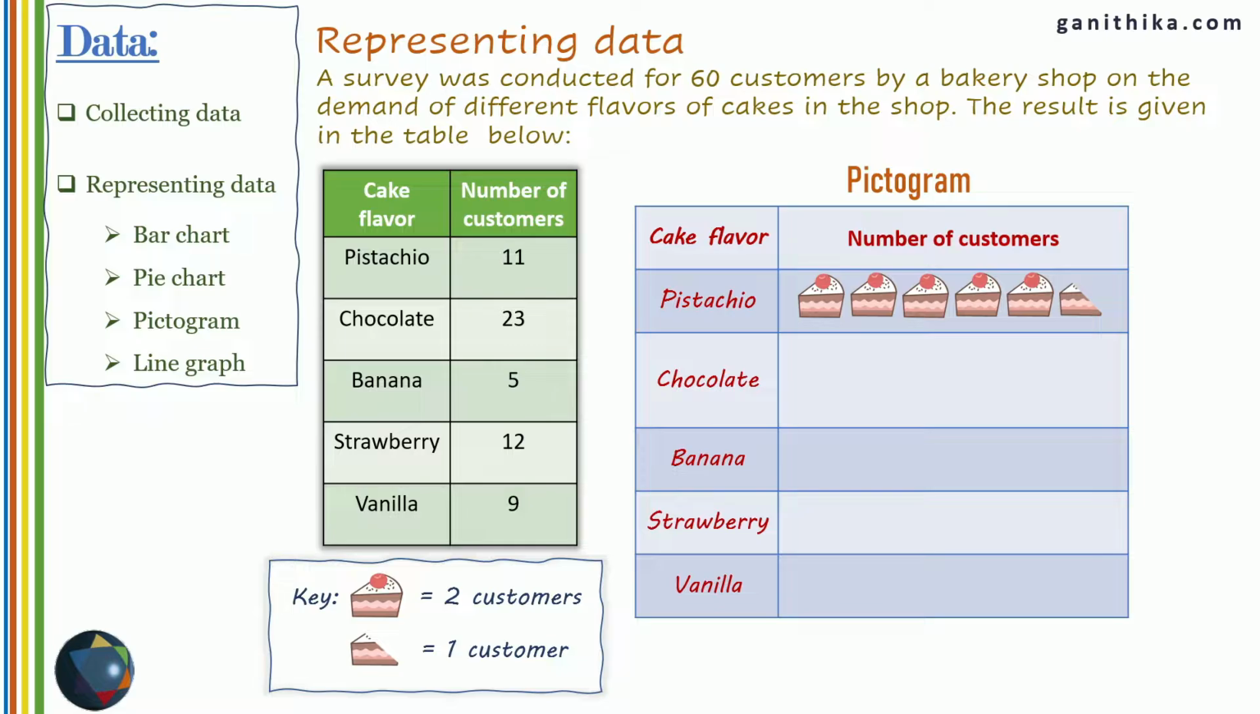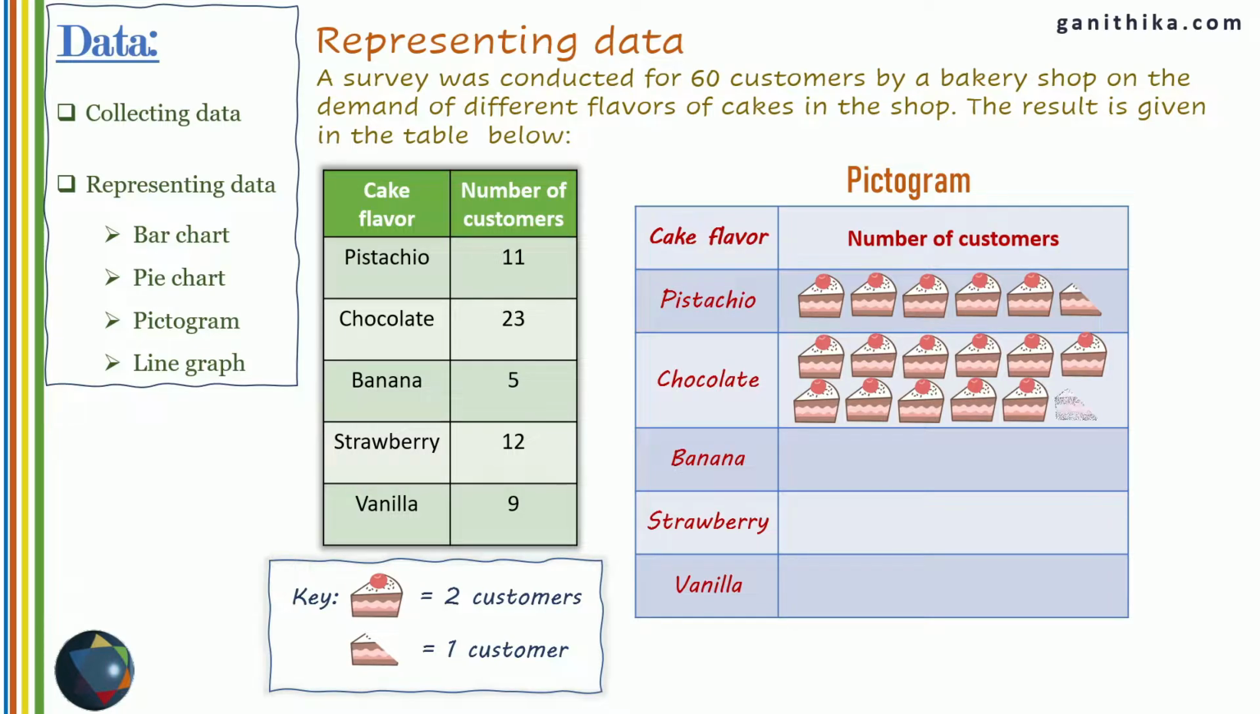For example, for chocolate, in this key: 2 customers, 4 customers, 6, 8, 10, 12, 14, 16, 18, 20, 22. So we have got 22 customers so far, but we need one more customer to represent 23. So I'll use the half cake here to represent 23 in total for chocolate. You can continue and complete this table. If you want to draw a picture in your notebook, you can choose any picture you want, but be careful